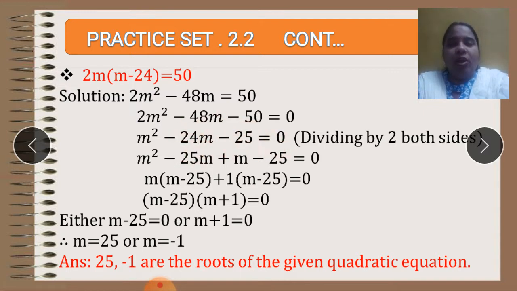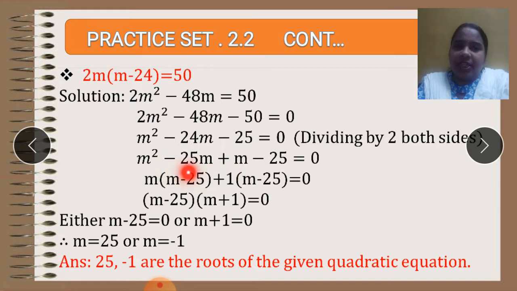And I have told you the rule, when the sum is a number and the product is immediately the next number, the two factors should be the product and 1. So what is the product here? 25. So always like this, when the sum is a number and the product is immediately the next consecutive number, the two factors will be the product and 1. So see, 25 and 1. Nothing written means 1. These should be the two factors. Now considering the sign of the middle term, the greater number should have the middle term sign. So 25 and 1, which is the greater number? 25. So it is having the middle term sign, that is minus 25m.